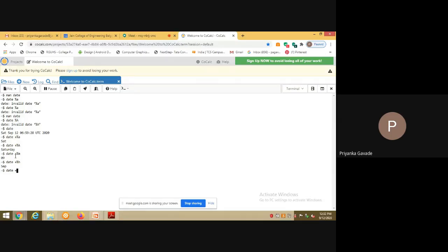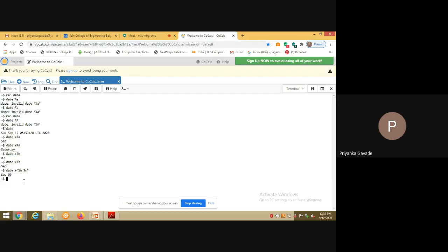Within a set of double quotes, we write percentage H, a blank space, and percentage M. Close the double quotes because we have written sufficient formats, and then hit enter. If you can see the output screen here, it is giving us the abbreviated name of the current month along with the numerical value of the current month, right?